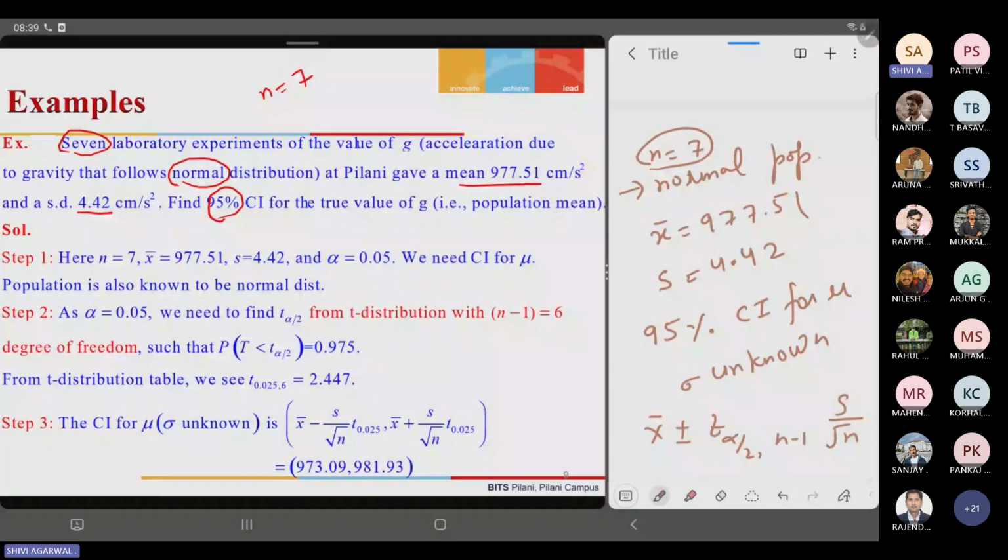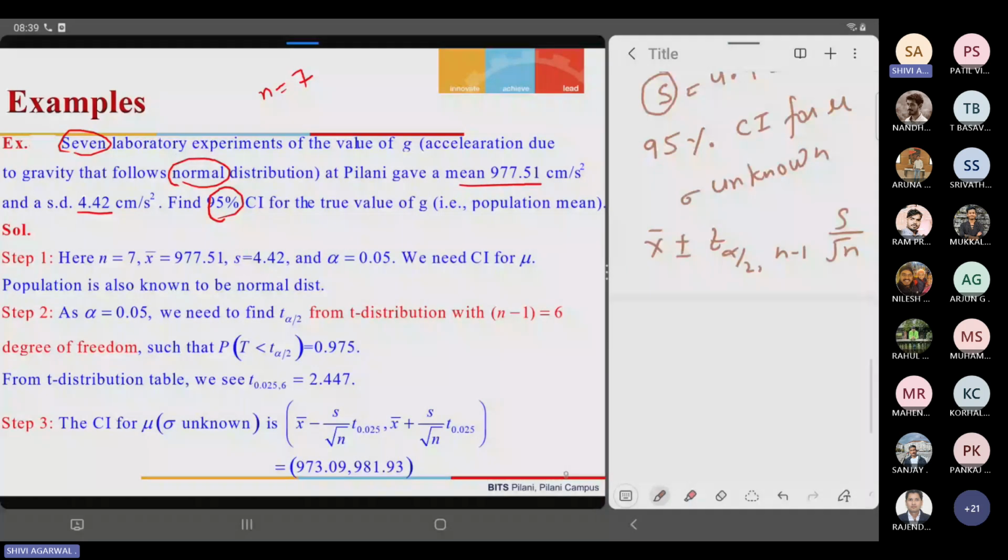Because here sigma is not known, we are using s, so we are using the t distribution. Now we can just see what is given: n is equal to 7, x bar is this, s is this, and alpha is 0.05. Okay? Now alpha is 0.05, so we need to find t alpha by 2 with n minus 1, 6 degrees of